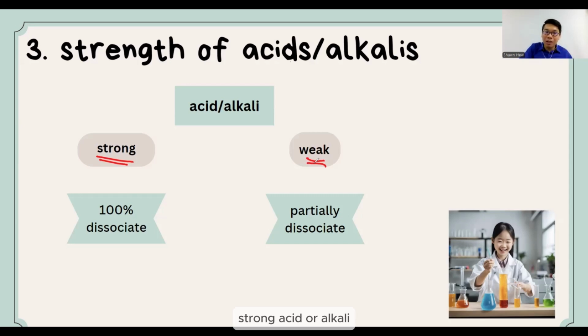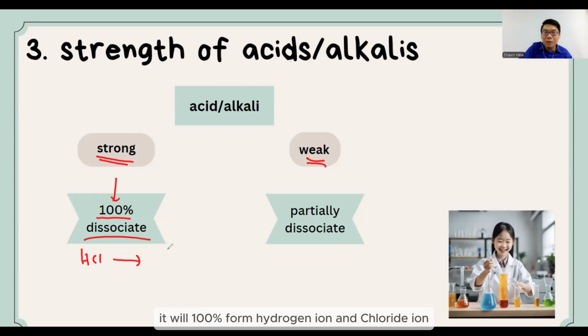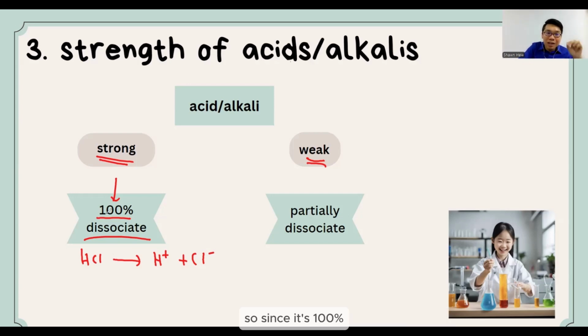Strong acid or alkali, it can 100% dissociate. For example, HCl. If we dissolve it in a solution, it will 100% form hydrogen ion and chloride ion. This will only happen when we dissolve it in a solution. Since it's 100%, we only draw one direction arrow to show that it fully forms H+ and